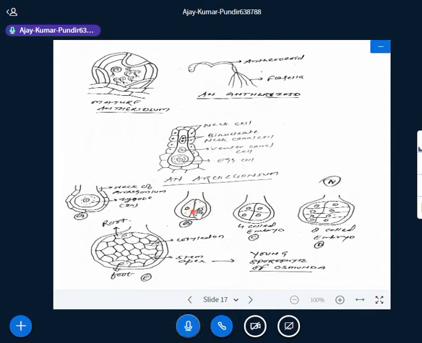As a result, 2 daughter cells are formed. Now a transverse wall division takes place. As a result, four cells are formed, which is known as quadrant stage of zygote. Now further division takes place. As a result, 8 cells are formed, which is known as octant stage of embryo.